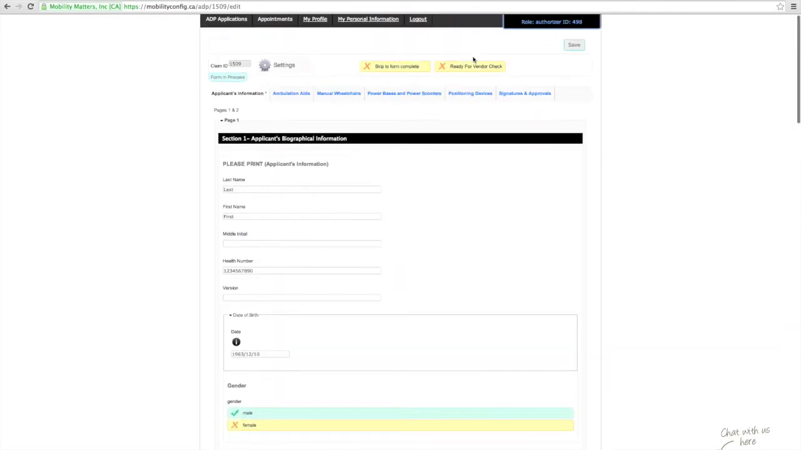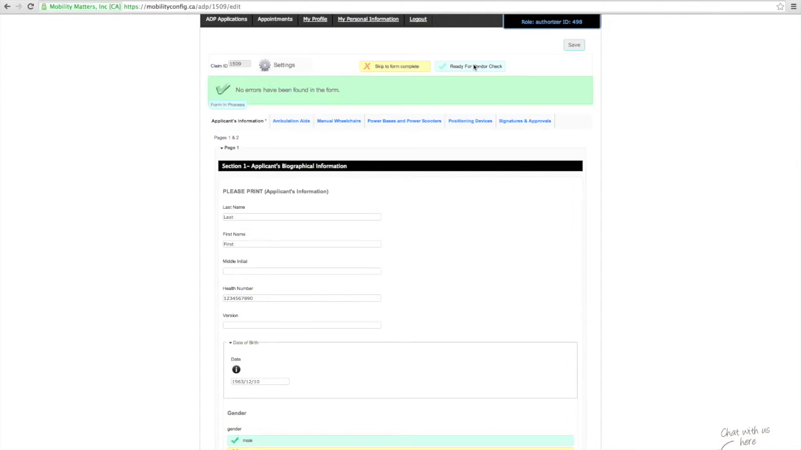For example, the authorizer is satisfied with their entry and clicks Ready for Vendor Check and saves the form. The Vendor Check button means the authorizer considers the form complete and is now waiting for the vendor to review. Upon receipt of an email notification or as part of a regular routine, the vendor logs in and opens the